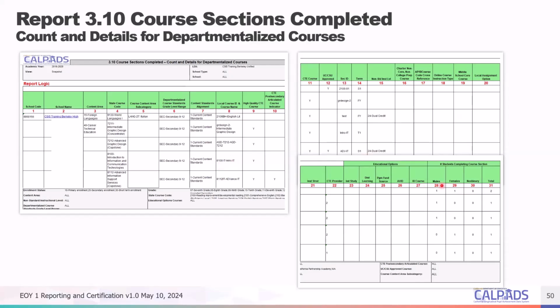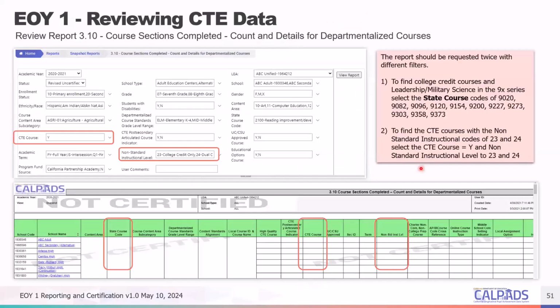And then at the end, it still provides you the counts of the same state course codes or sections. This section here is essentially used in providing the counts of CTE courses or the counts of courses that you've indicated as college courses. So if you're looking for that report, this is that report.